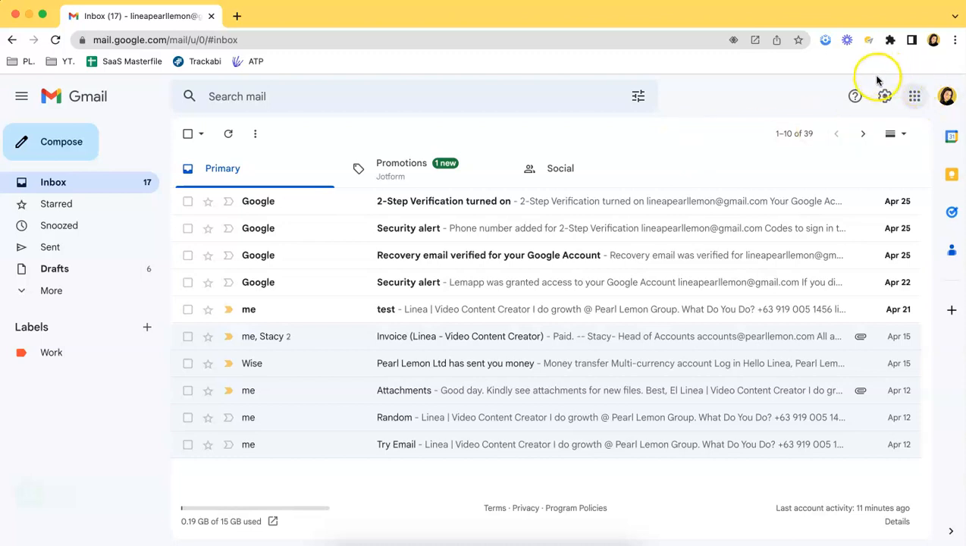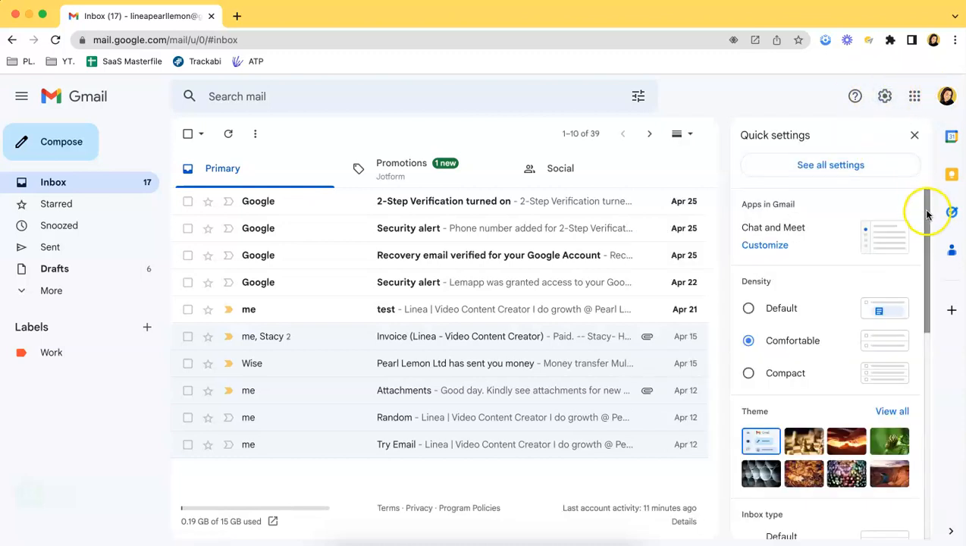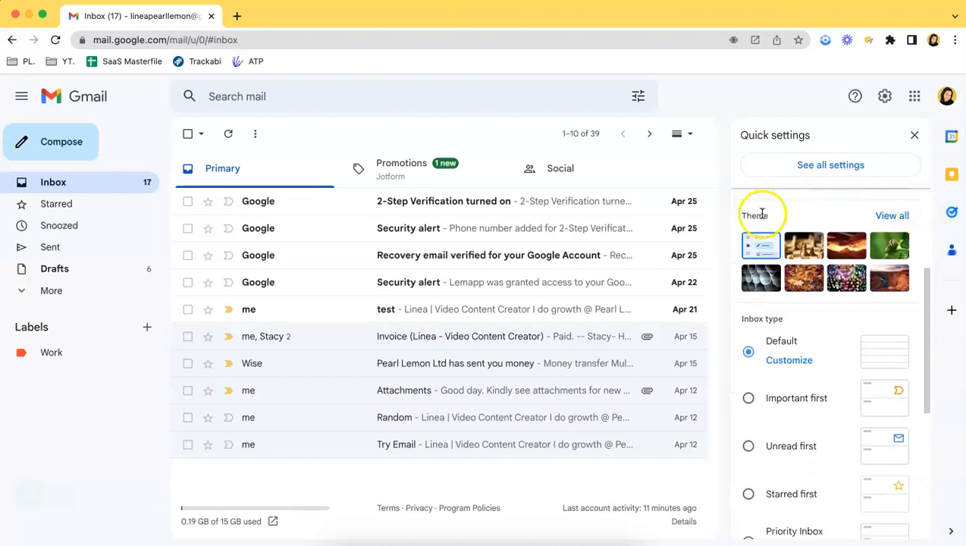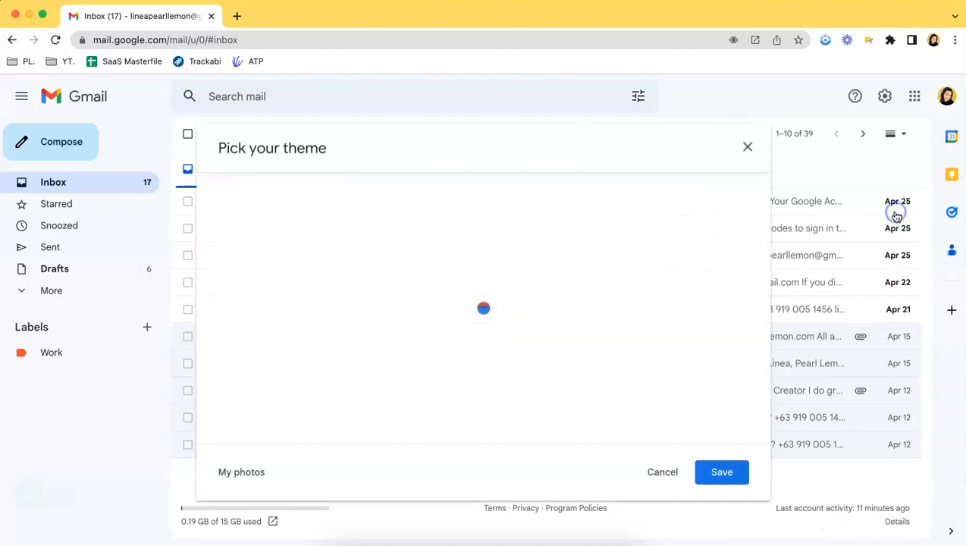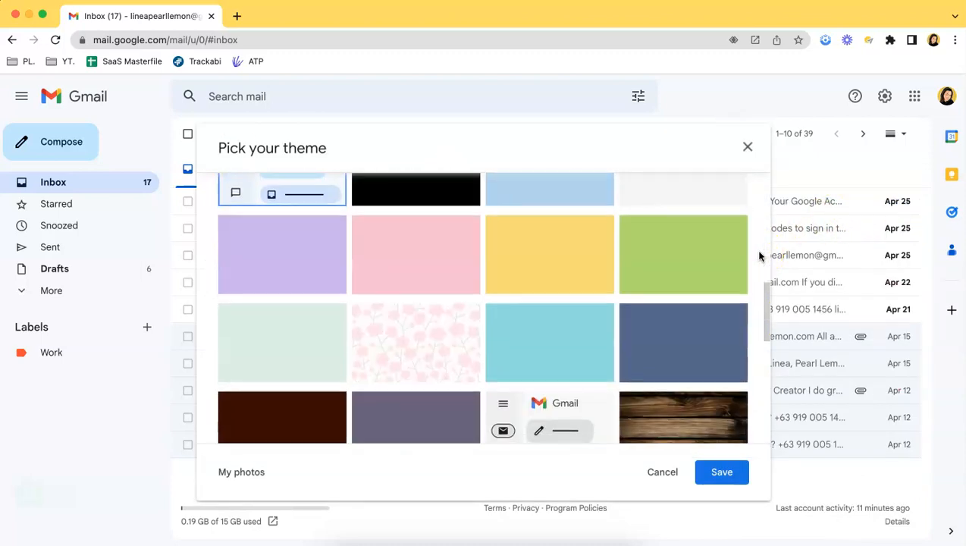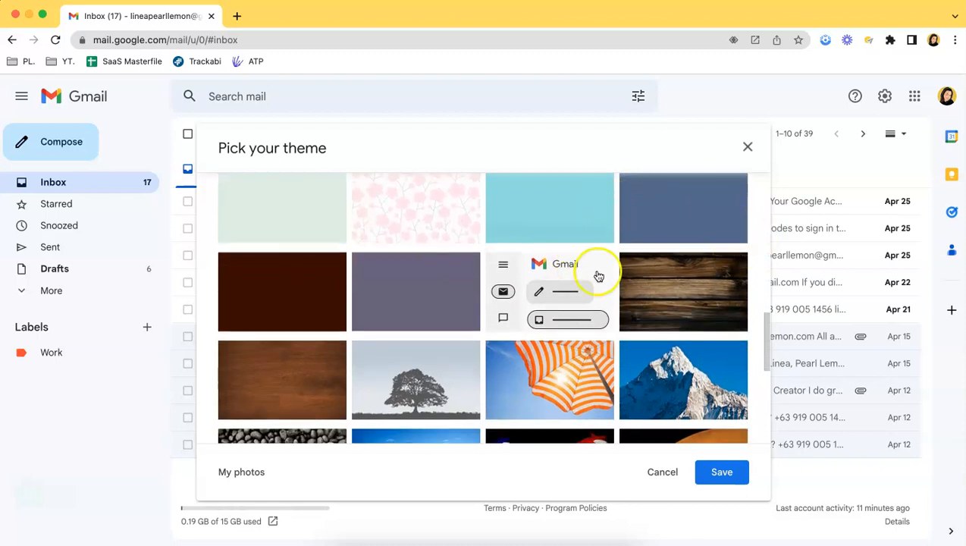So what you have to do is to click the gear icon over here and then just scroll a little bit downwards and you will see the theme. So click view all and scroll once again and you will see this one over here. So it says high contrast. So if you click that,